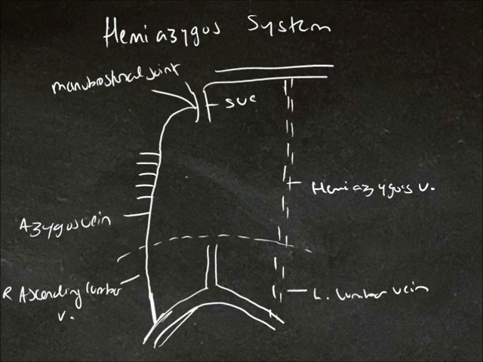The hemiazygos vein can join the azygos vein at the 8th intercostal space,